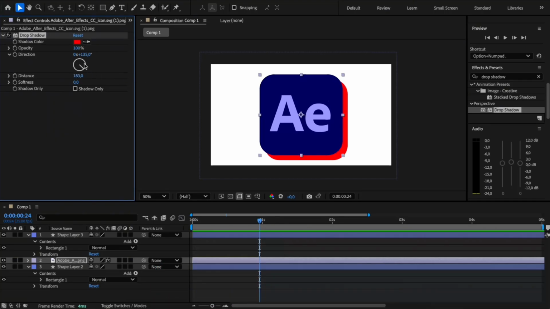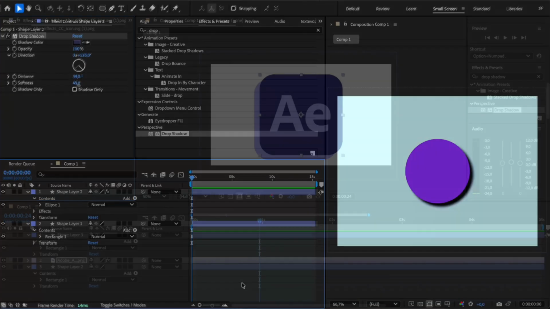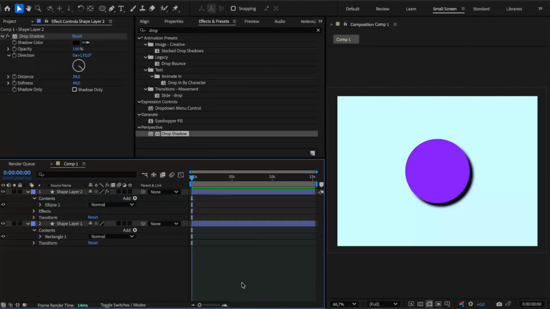It gets the job done, but if you look closely, it feels a little harsh and artificial. It's only good for making objects stand out, but it doesn't really look good. The shadow has one uniform softness and one opacity, which isn't really how light behaves in the real world. If you're designing modern UI, product mockups, or glass interfaces, this is usually the first thing that gives away the